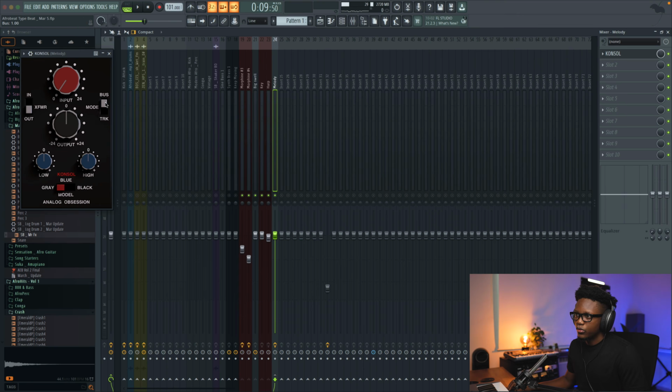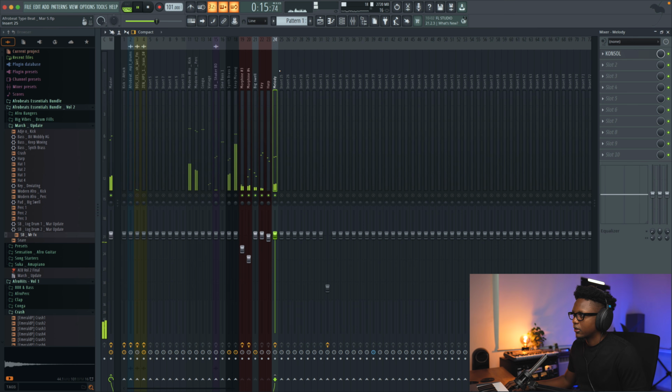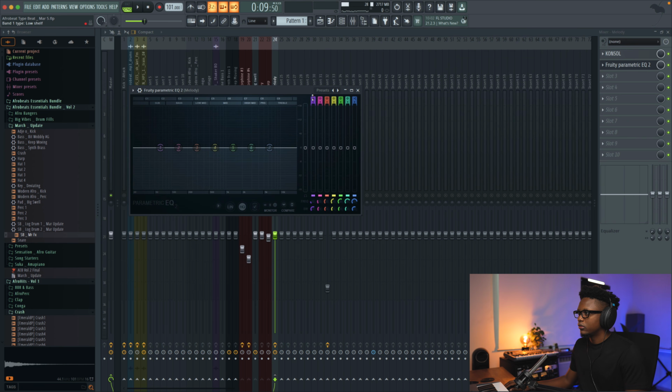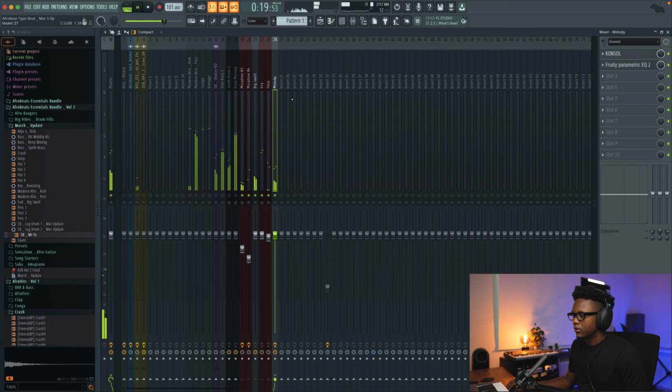When you do that, you're emulating a vintage console, and this is very, very interesting if you want to add some analog vibe to your instrumental. Go to bus, and then the next thing is to apply a low cut filter. Normally you remove the low end. Nice. Better if we remove